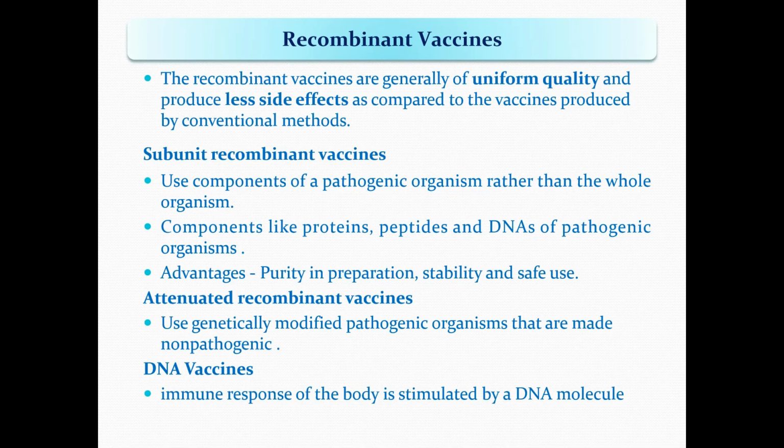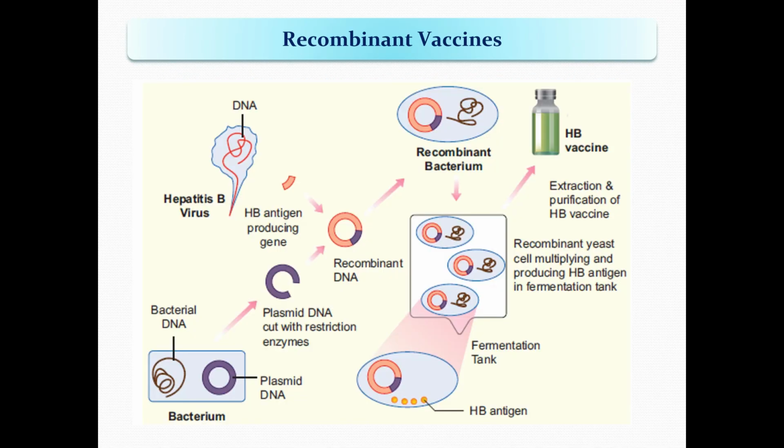This would evoke an antibody response in the body. So the DNA vaccine cannot cause disease because it contains only a few genes of the pathogenic organism, and it is relatively easy to design and produce a DNA vaccine. These vaccines can produce a long-lasting immunity and trigger the immune response only against the specific pathogens with less toxic effects. Recombinant vaccine for hepatitis B was the first synthetic vaccine which was launched and marketed by the trade name